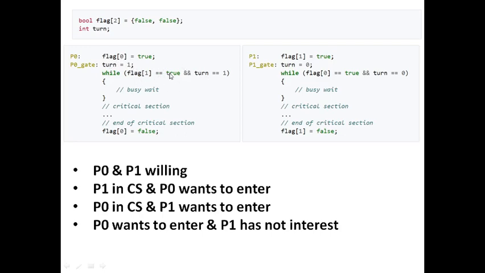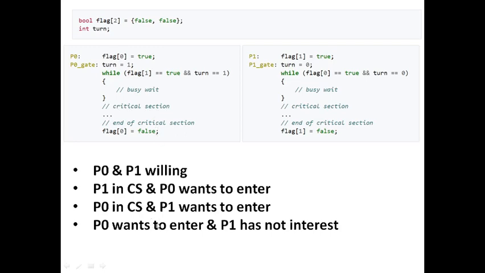So flag of 1 equal to true is false, because this has not been set by the process. So flag of 1 equal to true will be false and turn of 1 is true. But still, because it's an AND operator, it's going to result in failure of the if condition, that is, the while loop will result in false, leading to P0 entering the critical section.